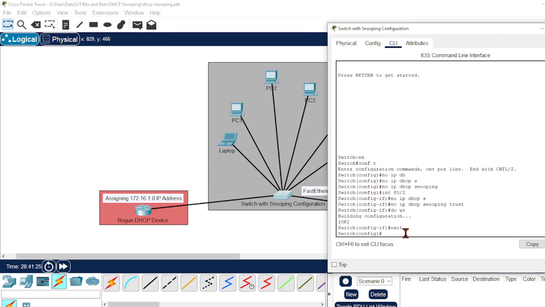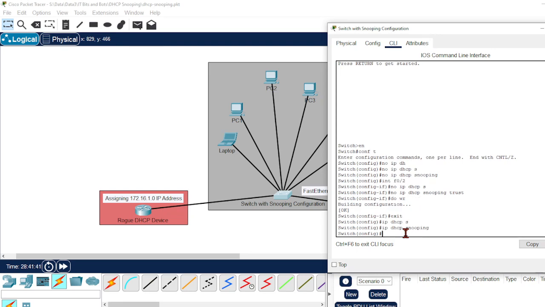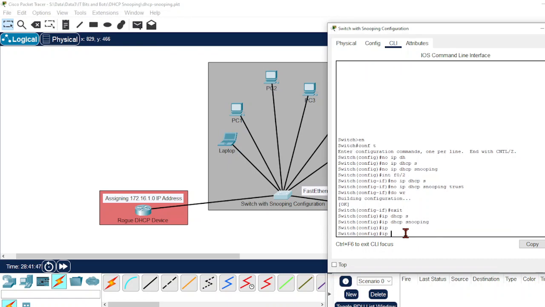So now we're in configuration mode. The first thing we do is ip dhcp snooping. So we are enabling DHCP snooping on this switch. That's the first step. The second step is ip dhcp snooping vlan